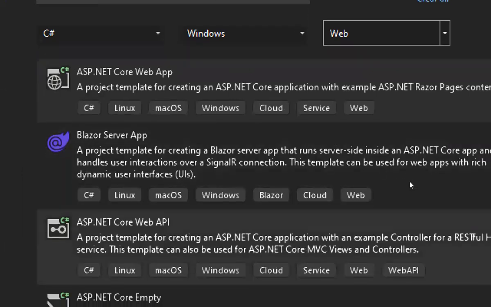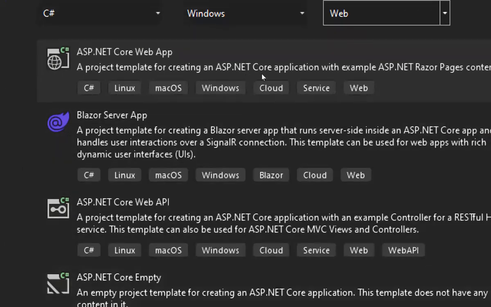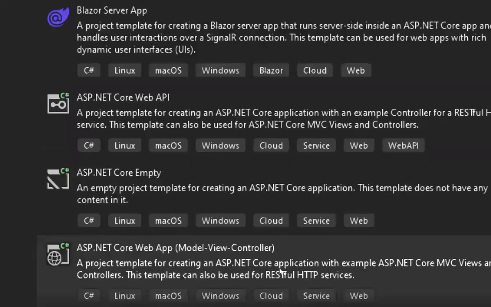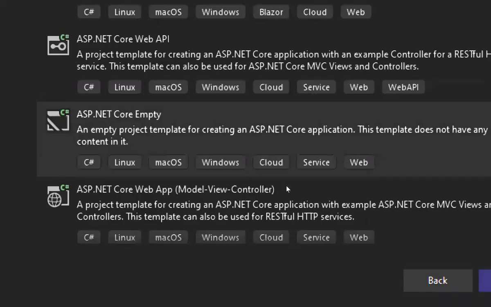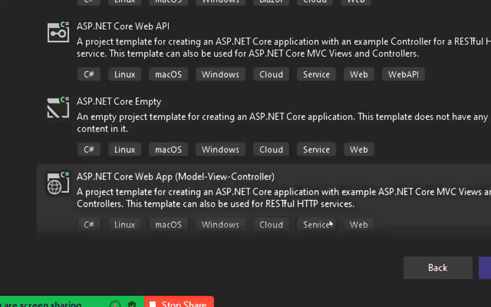When you select web, it will show you various options. See, ASP.NET Core Web App. Under ASP.NET Core, we have three options again: Web App, MVC, and Web API. We are not learning ASP.NET Core here, I'm just showing you that. Next one, Web API. This one, empty project. You can open this and choose whatever you want. Don't select any of these four options at all first. This is what we are going to learn later.